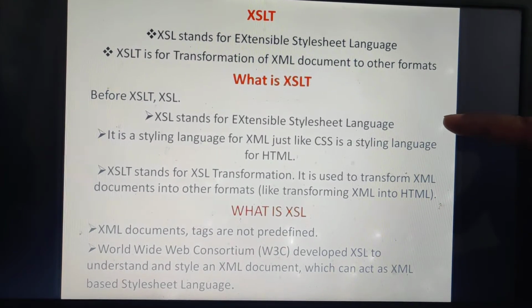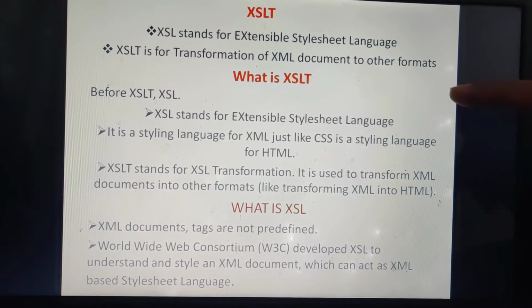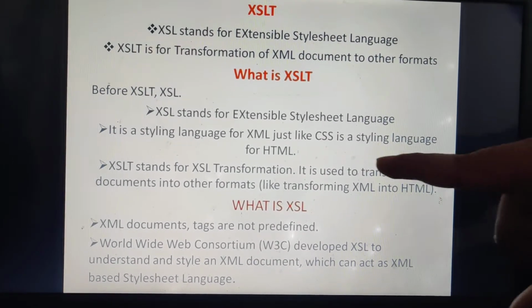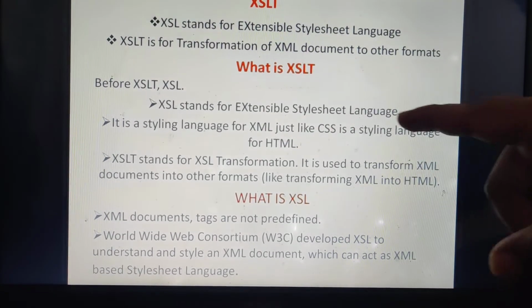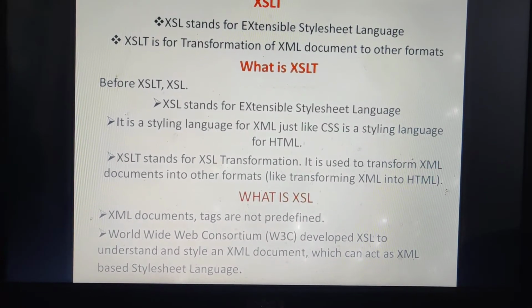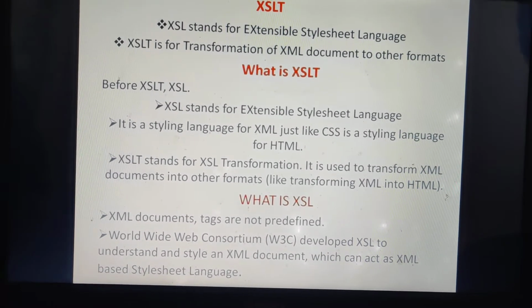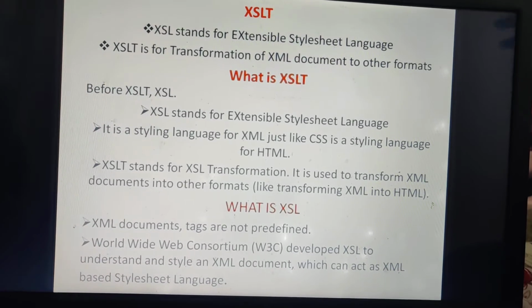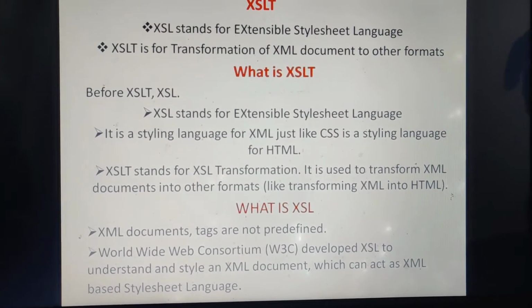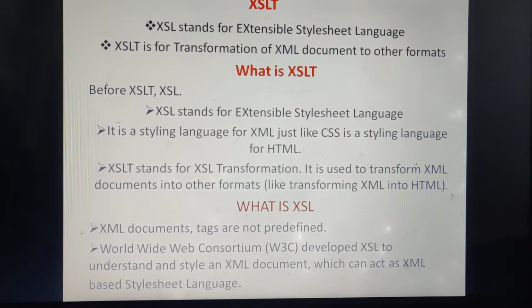Before XSLT, we need to know about XSL, that is XML style sheet language. Just as we have HTML for implementing the user interface, in order to make XML appear properly, we have a language called XSL, which is called Extensible Style Sheet Language.